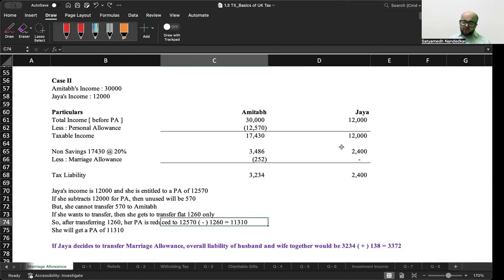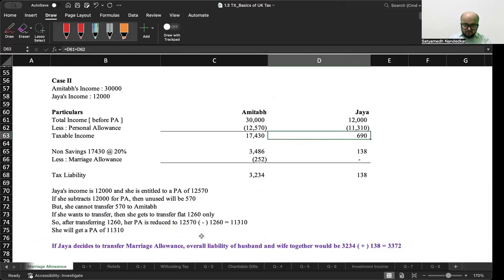How much is she left with? She is left with 11,310. How do I arrive at 11,310? Total PA 12,570. PA used up is 1260. How much personal allowance is left? 11,310 is left. She will get a personal allowance of 11,310. That means she will still be left with a taxable income of 690, and on that you have to calculate